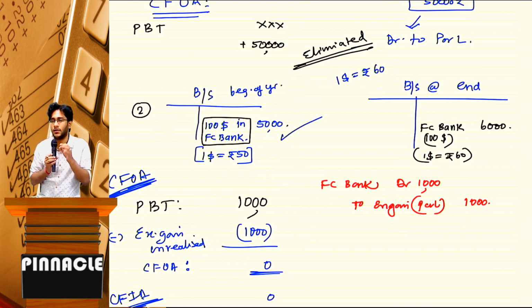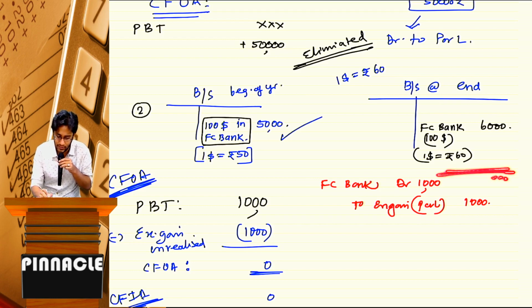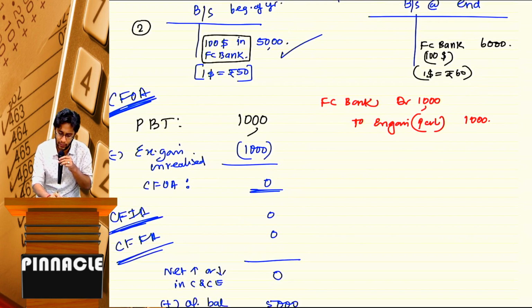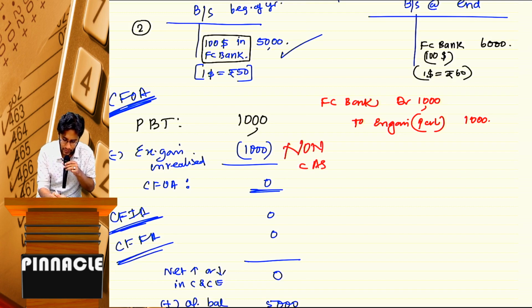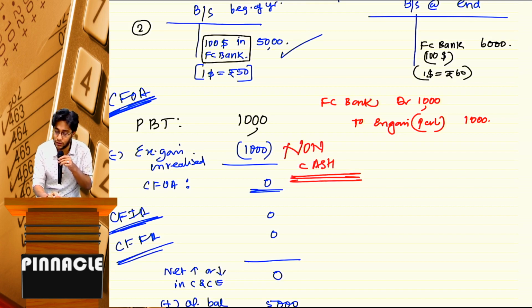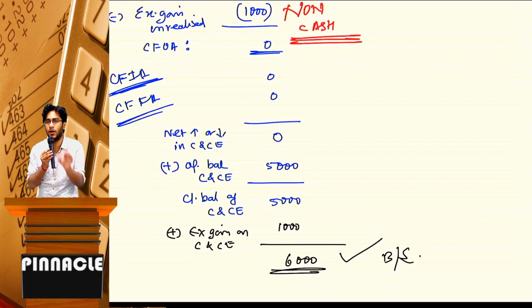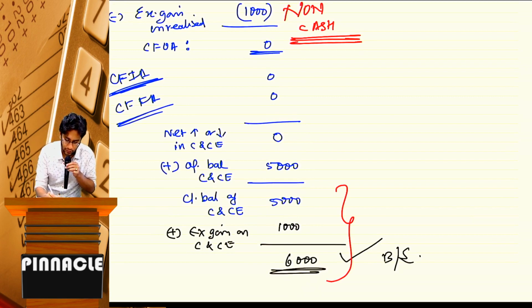When you have a foreign currency bank account like this, it will have an impact on your P&L account, but it is still unrealized. You remove that. Removing is correct, and the reason is simple: it is non-cash. But because you removed something related to cash and cash equivalents, the closing balance in the cash flow statement will not match with your balance sheet balance. That is why you have to give a